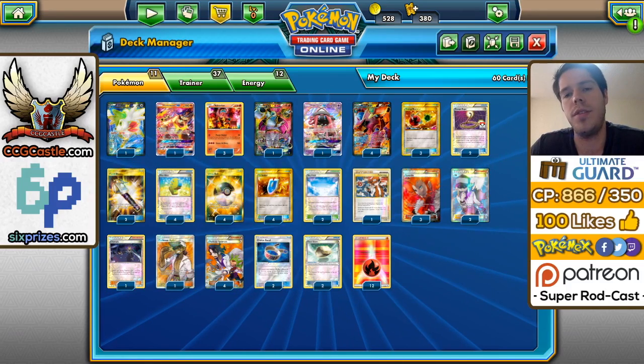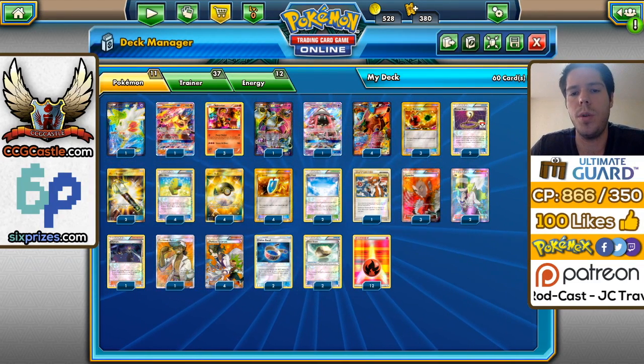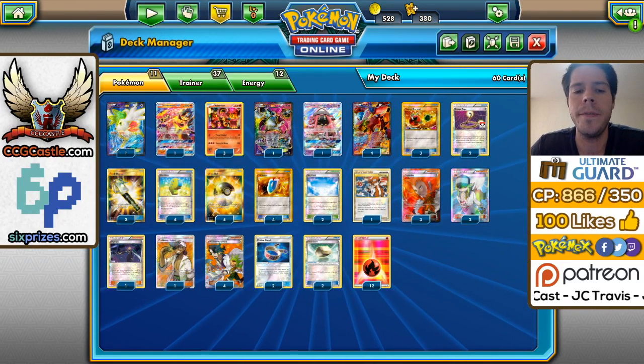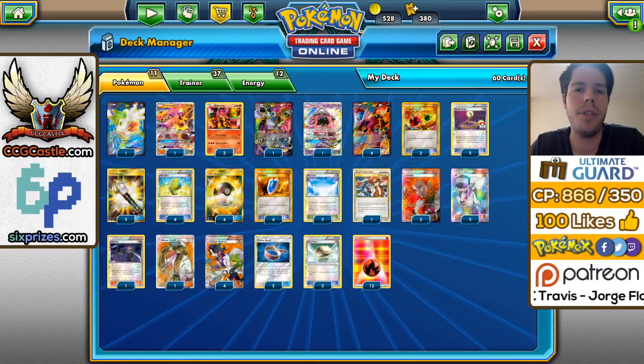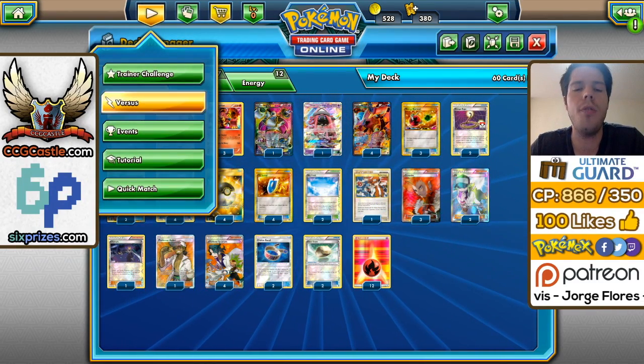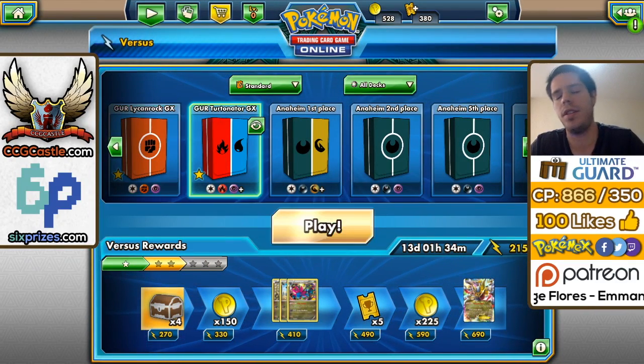Essentially, Field Blower has so many uses. Remove Parallel City as well, so super useful card. And yeah, that should cover the deck. 2 Choice Band and 12 Fire Energy rounded out. So let's see how Volcanion can fare against the big decks such as Garbodor, such as...